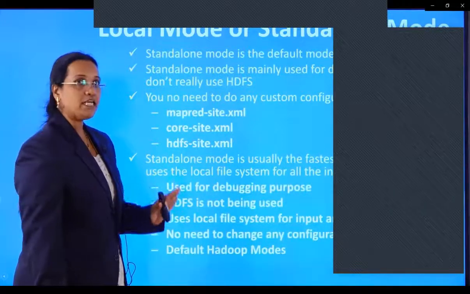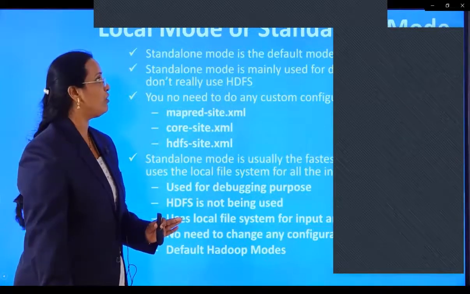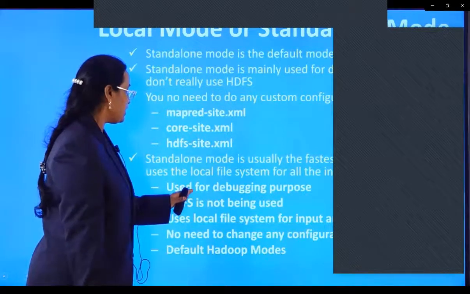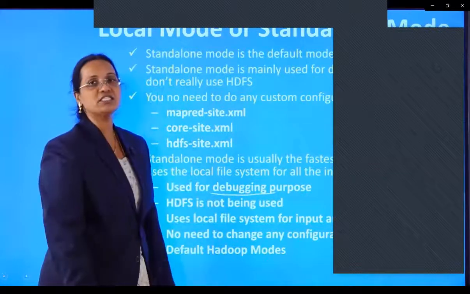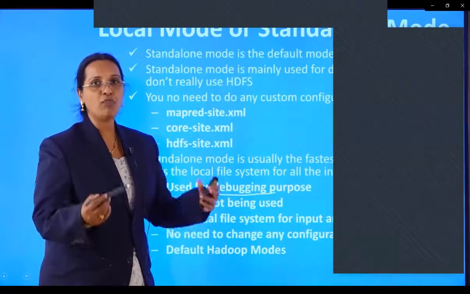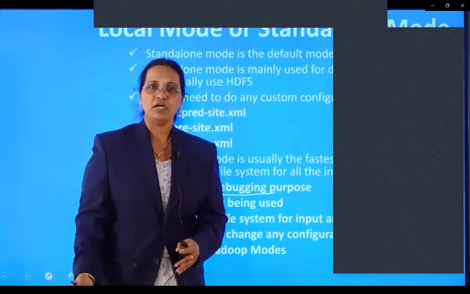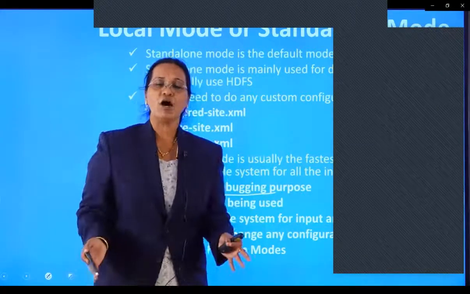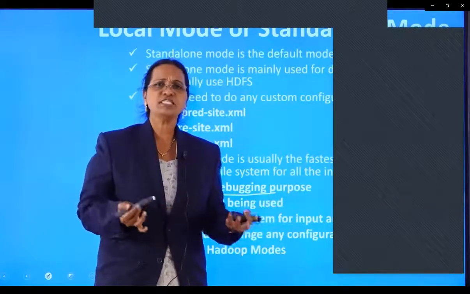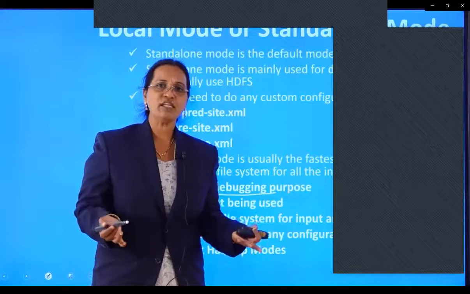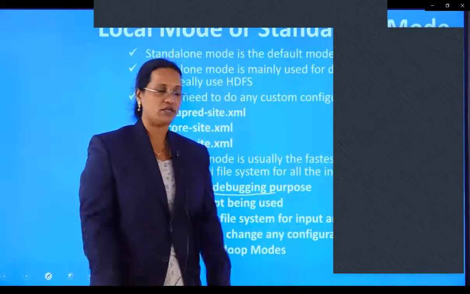The basic purpose of using the standalone mode or local mode of Hadoop is basically the debugging purpose: how my application is running, in which manner my output is coming. For that purpose, you don't need to sit on the Hadoop cluster. You don't need to make use of all the 100 slaves. You can just make use of a standalone machine because you are just debugging your application. For that, you don't require the big establishment of the Hadoop cluster.